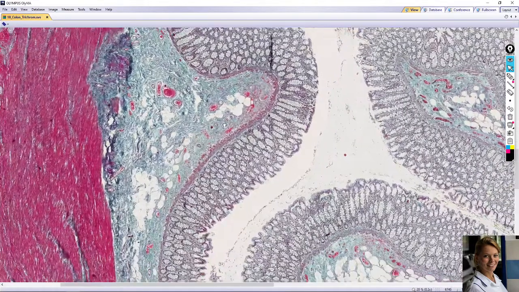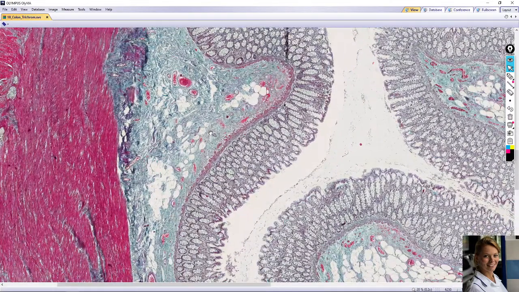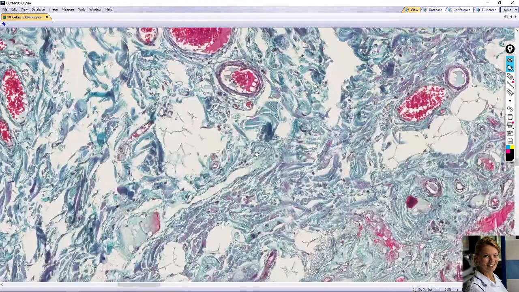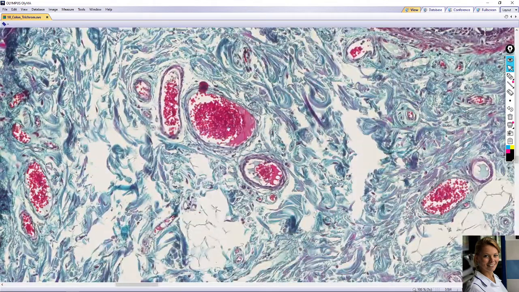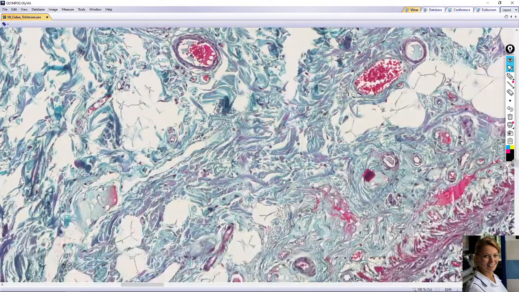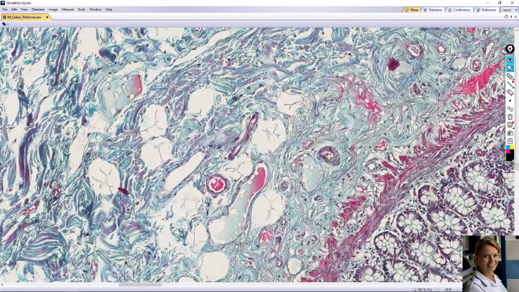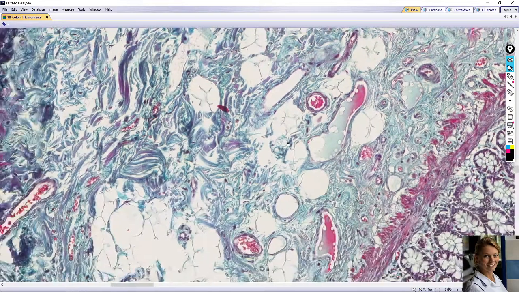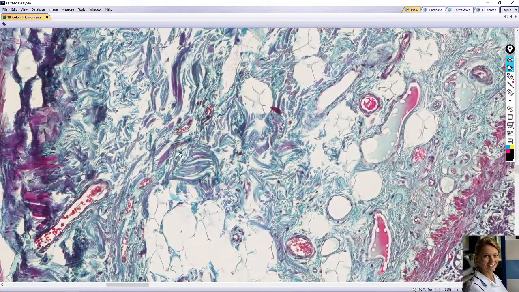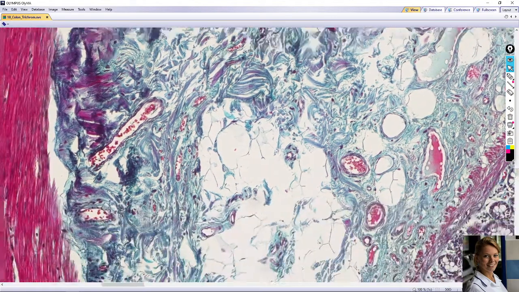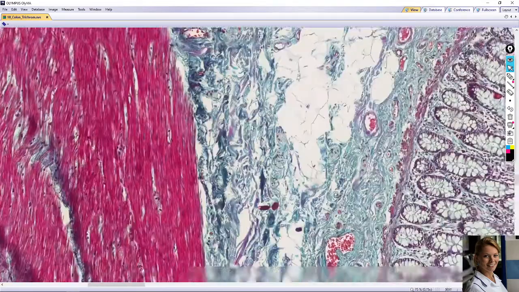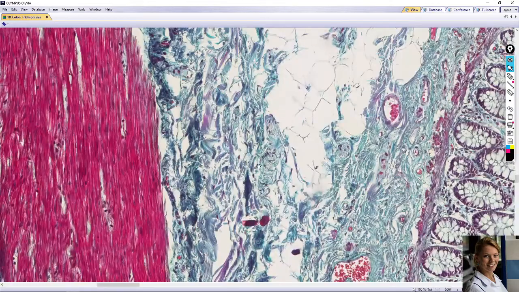Submucosa also contains connective tissue cells and fibers, and various blood vessels, also lymphatic vessels here, and the submucosal nerve plexus, also called Meissner's.